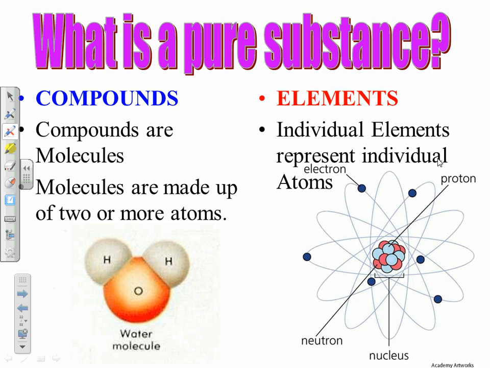All right, so compounds are molecules, and molecules are made up of 2 or more atoms that are bonded together. And elements are individuals that are represented by individual atoms. And you can find the elements on the periodic table. So you would know the difference between a compound and an element because you would find the specific element on the periodic table, while a compound you would find a combination of elements from the periodic table together as one.